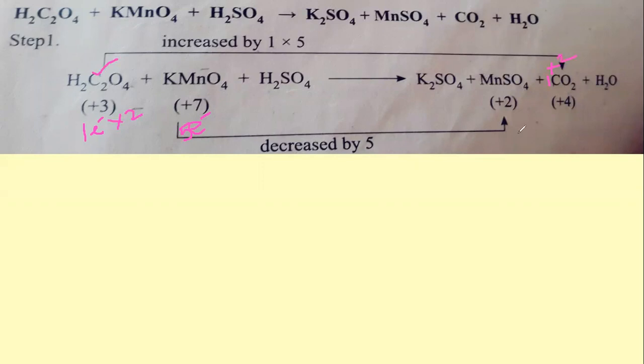So no need to write all those things. You have to calculate this in your mind itself. It is simply a mind calculation. Okay. So that only I did. So now we get 2 electron.